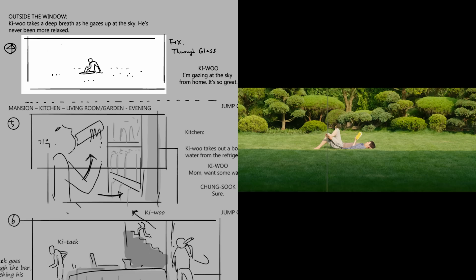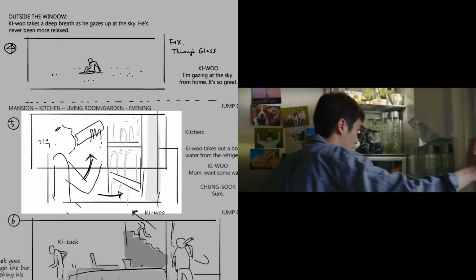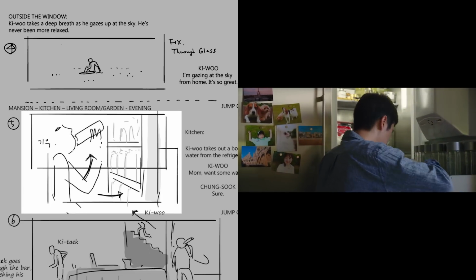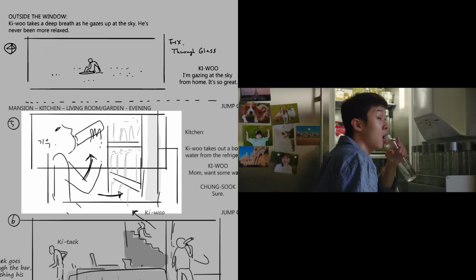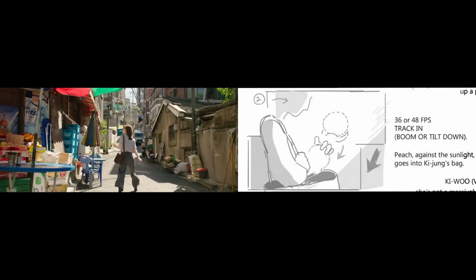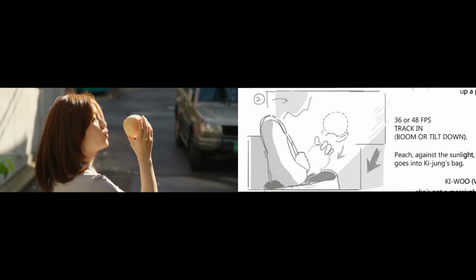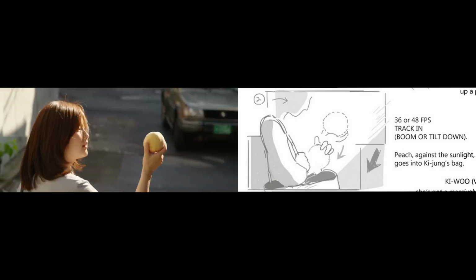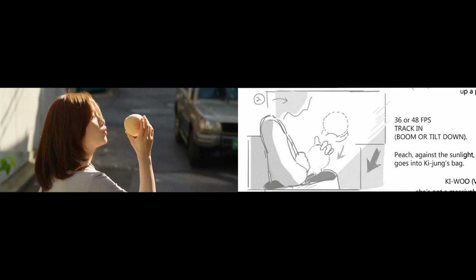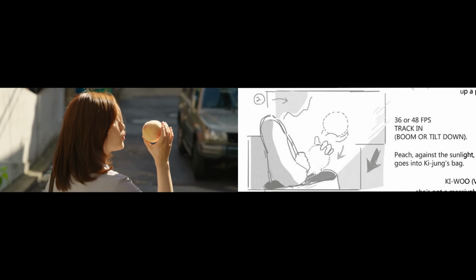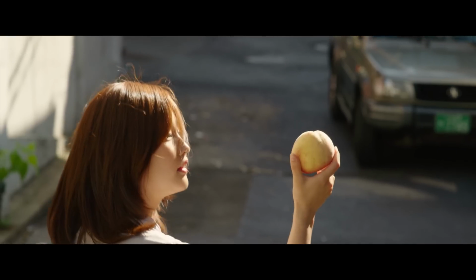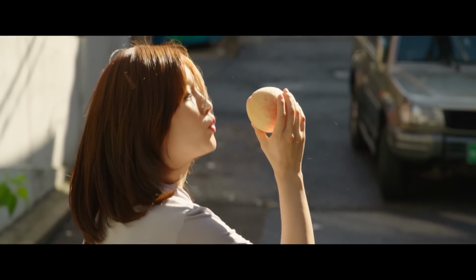One of the clear things we can see, comparing the storyboards to the film, is that most of the differences are places where Bong ended up going with something simpler than his storyboards. You can see this in the example I used earlier, where the storyboard indicates the peach be put into a bag while the camera tracks down. In the film, this is simplified by removing the camera pan. One reason Bong might have made this change is if the action of blowing on the peach was discovered in performance by actress Park So-dam on set, and simplifying the shot better showcased that piece of performance.